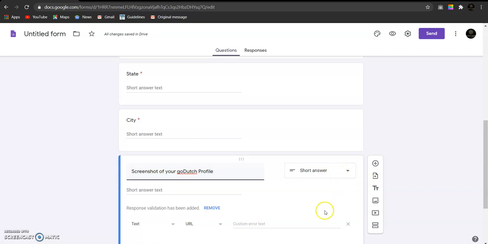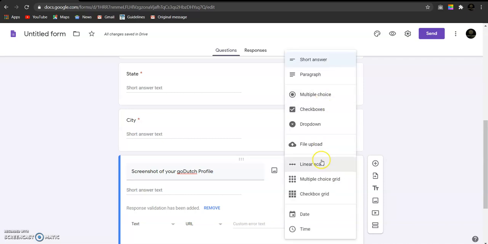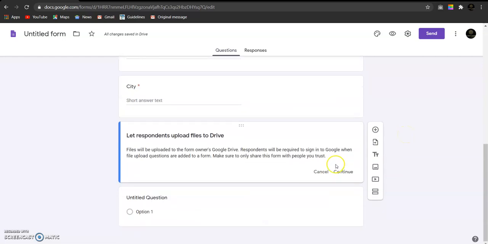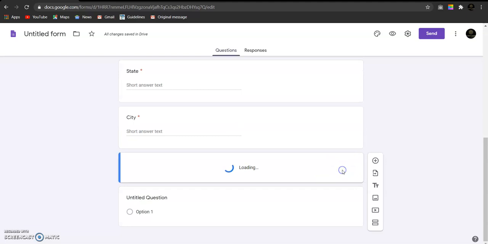Then I'll select file upload and click on continue.